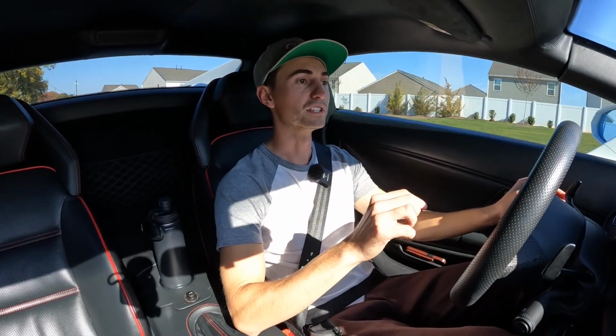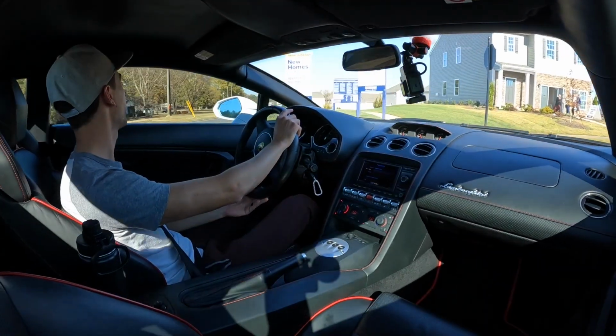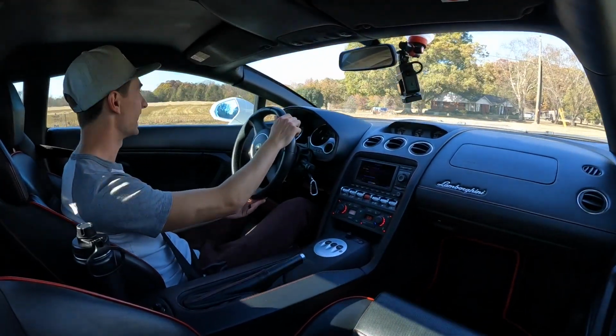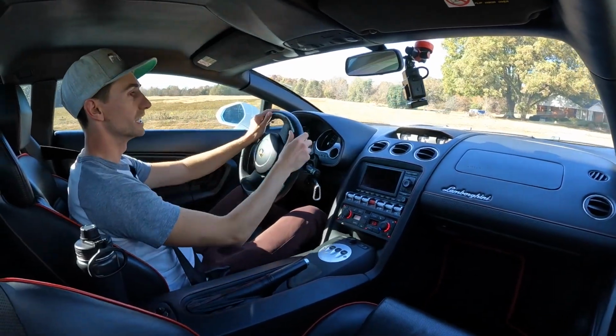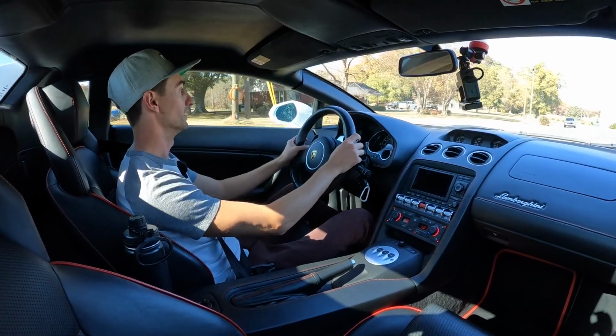One thing that really surprised me with this, it can break loose. It's the rear wheel drive version, as you know. This is the LP550-2, and somehow the rear end can get out from under you, especially if the tires are cold. It's like 80 today, but